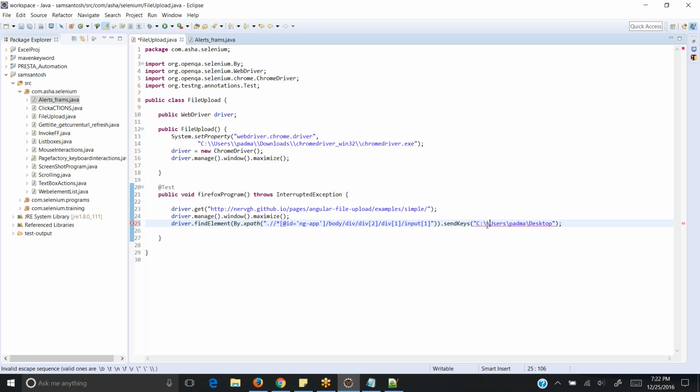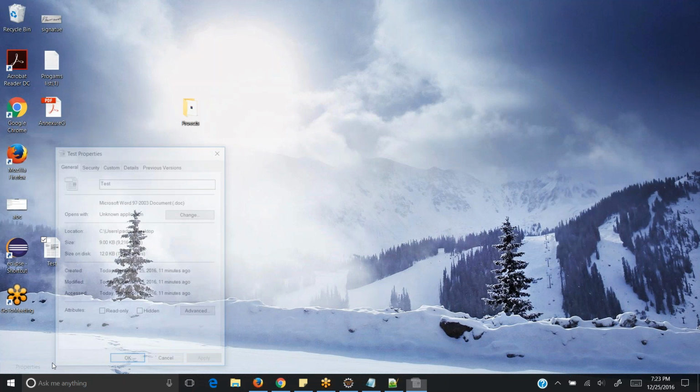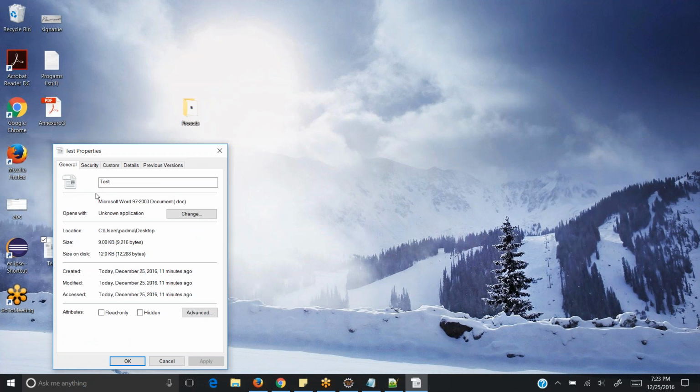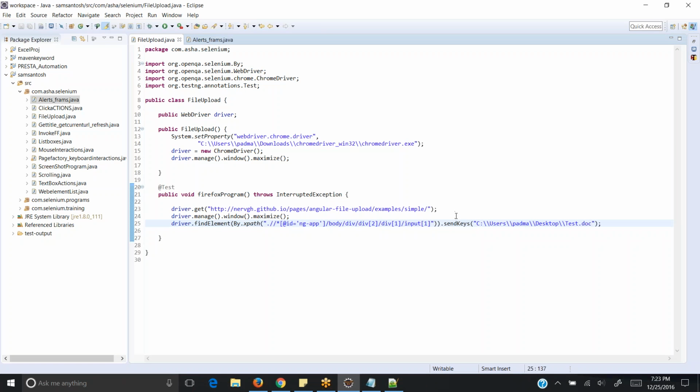We already know that Java doesn't understand a single backward slash, so I'm giving two backward slashes, and then test.doc. The document is of type Word document, you can see it's .doc, and its name is test. So I gave test.doc, and the sendKeys command will upload this file into the application.